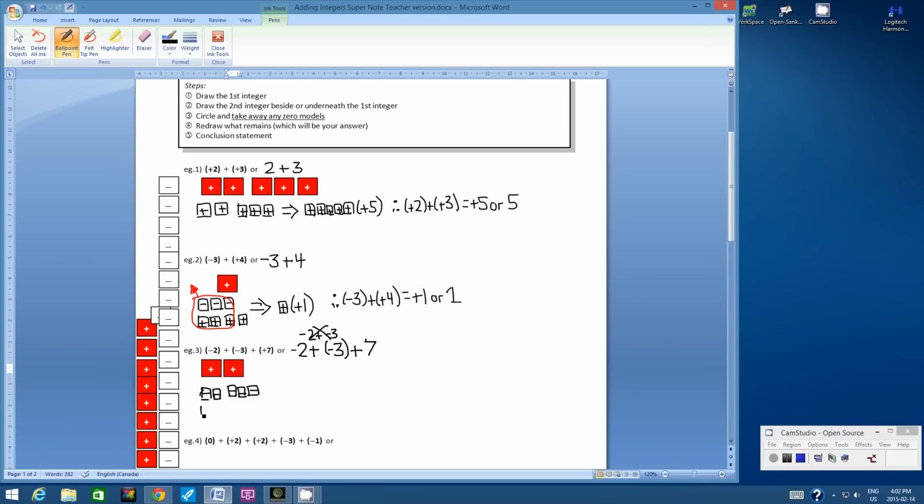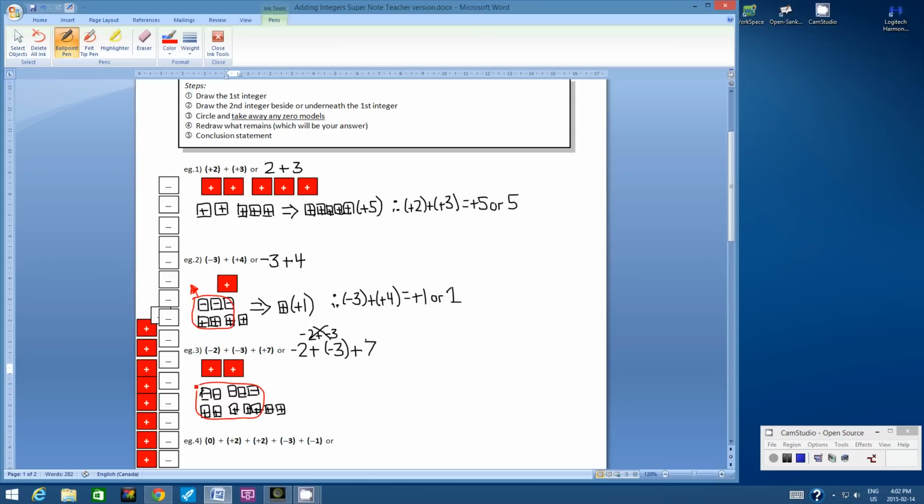So now we've got +7. So we got 1, 2, 3, 4, 5, 6, 7. Okay? Now we're done combining all the integers. We're done drawing all the integers. So now we reflect and we see, are there any 0 models? Well, we already know there are because we built the tile model in front of us. There are, in fact,